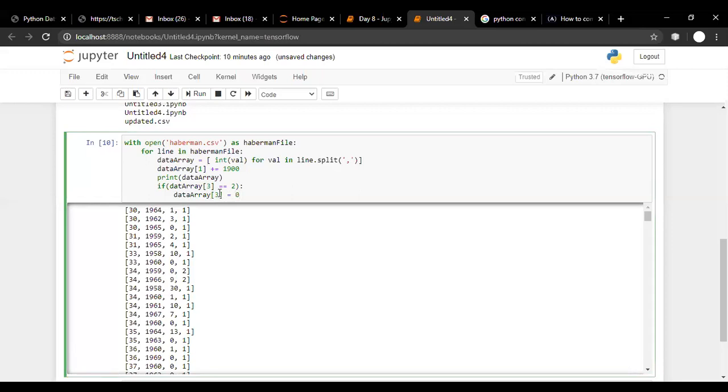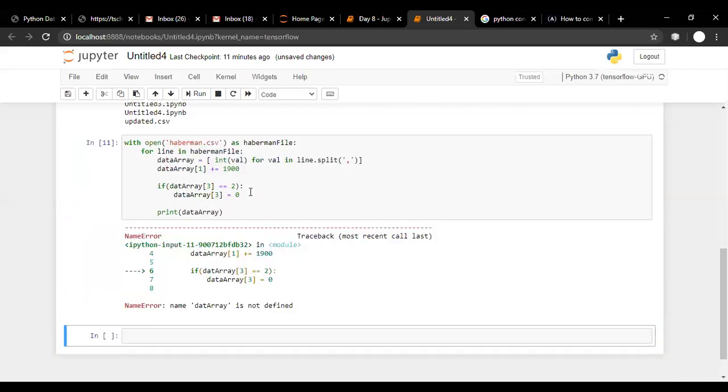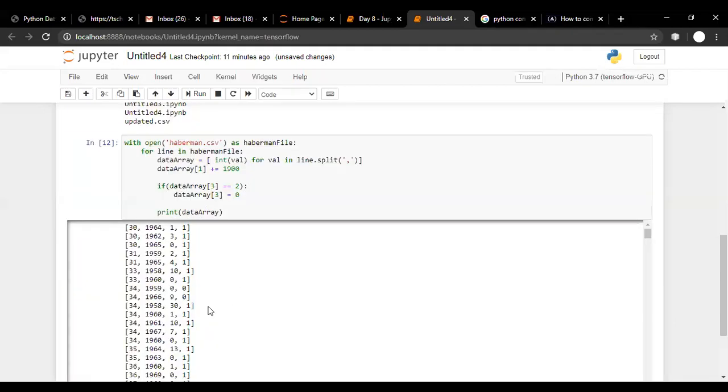So if it is unsuccessful, we are making it 0. I am deleting it from here and pasting it over here, and print. Oh, something went wrong. Data array. Yes, here. And now we can observe here, it is 0. This is 1.